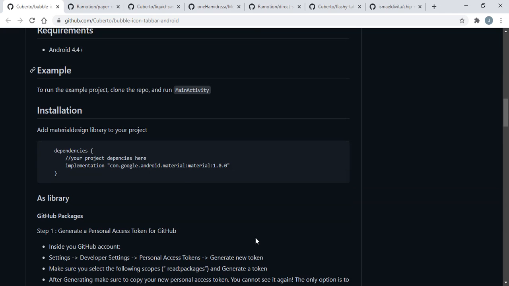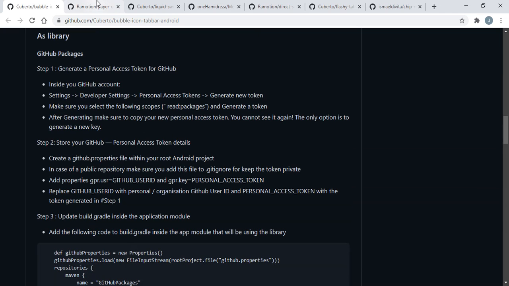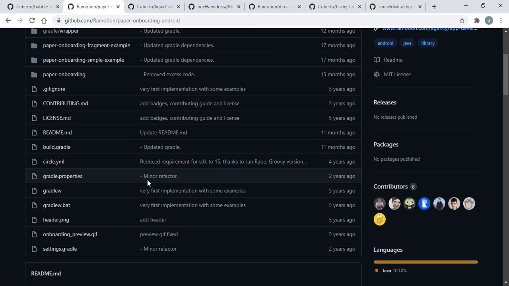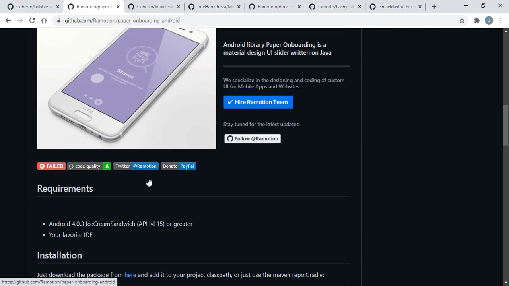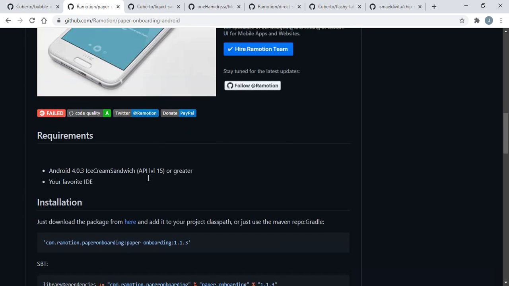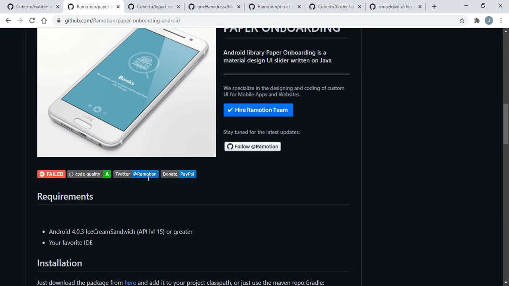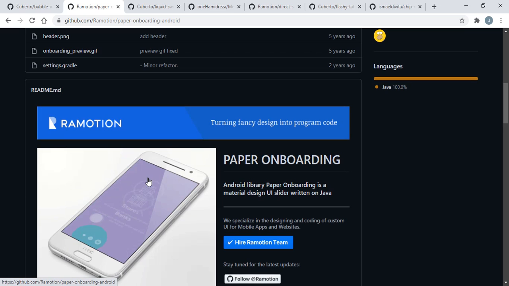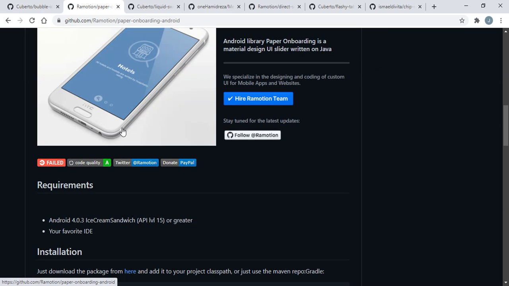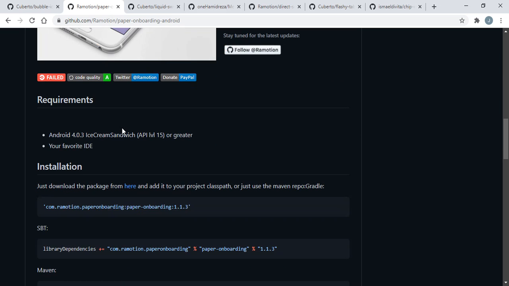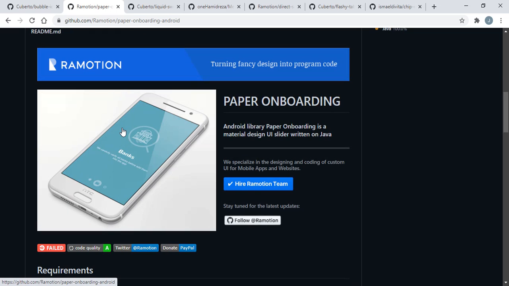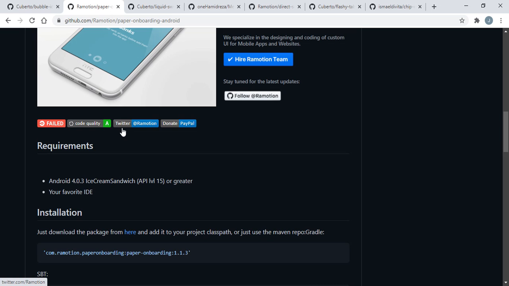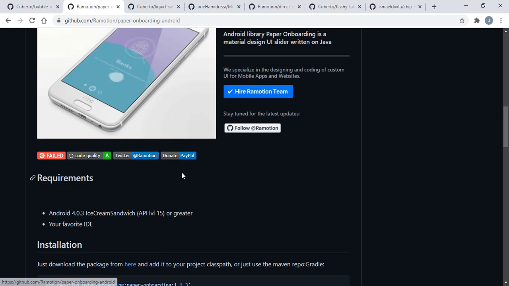Next is from Ramotion, that is Paper Onboarding screen. So in our previous video also I had told you, and in this video also I am going to tell you, because this is a very interesting onboarding screen. If you want to see its implementation then I will provide the link in the description or in the comment section. You can follow from there, and all the links of these 7 libraries you will find in the link given